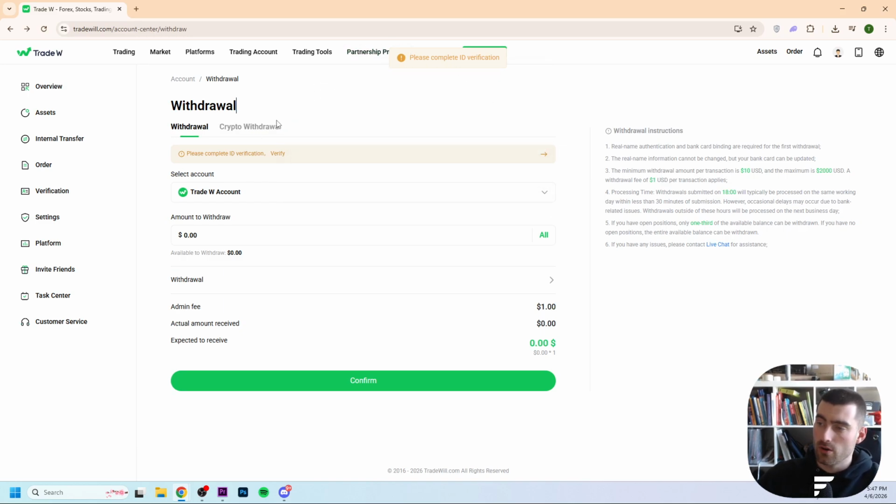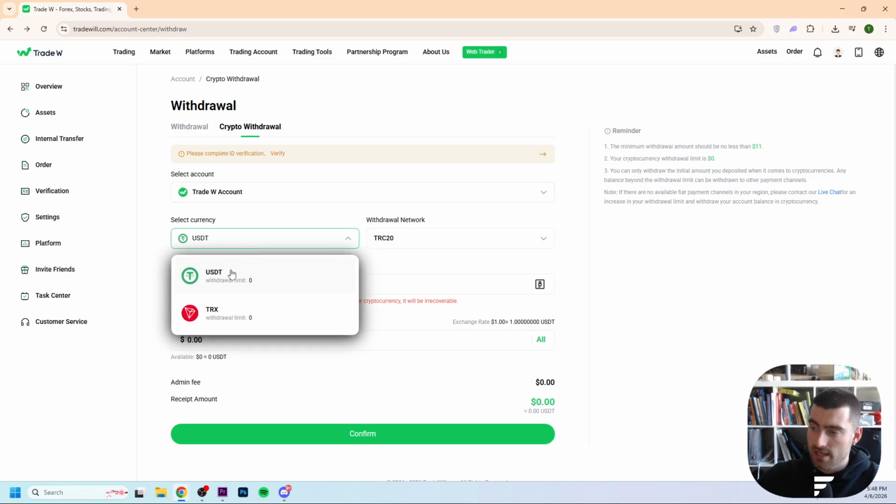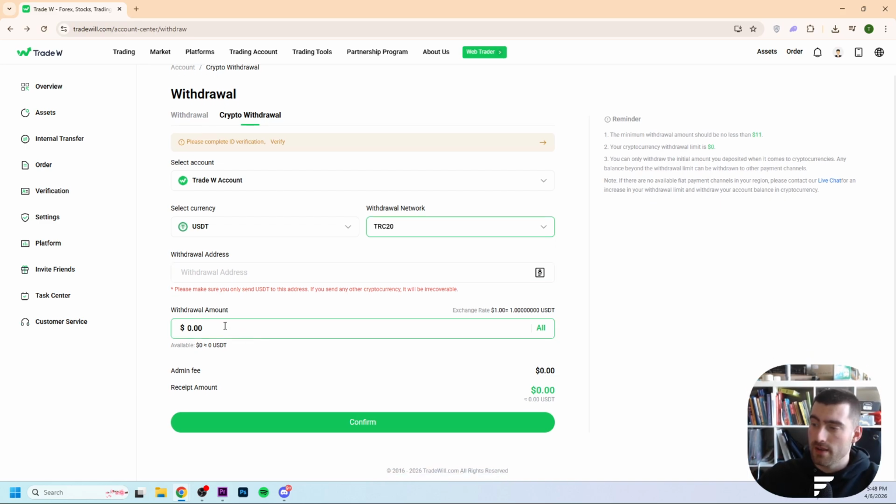We can also withdraw crypto right here. And that is a little bit more difficult, but not difficult, but a little bit more. Then select right here your account, select the currency in which currency you want to withdraw it, select right here a network, so this network is fine, and then paste right here your withdrawal address. So let's say we want to withdraw this to Binance, something like that. We put that address right here, fill in right here how much we want to withdraw, and then click here